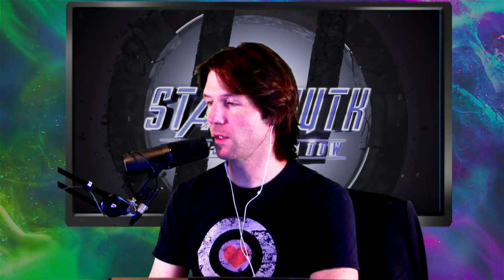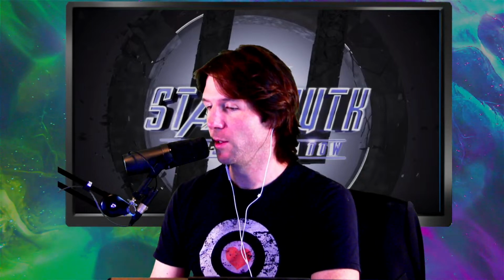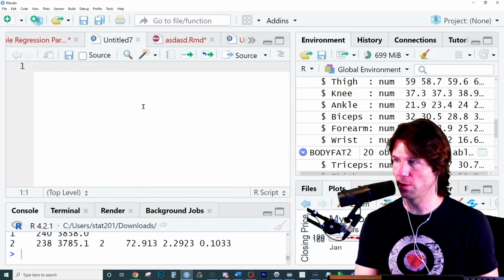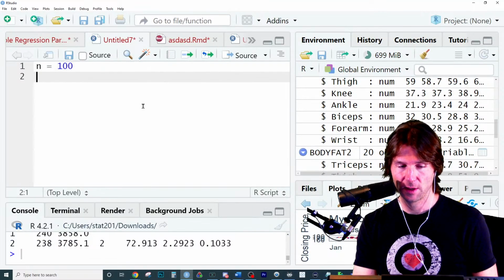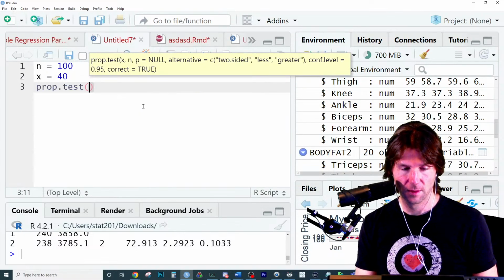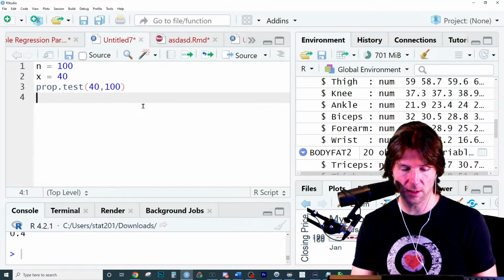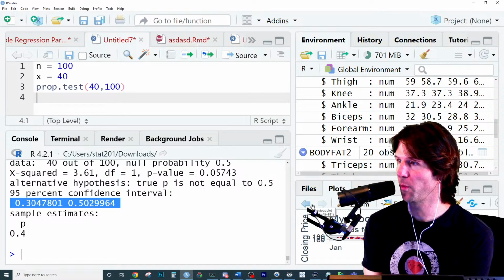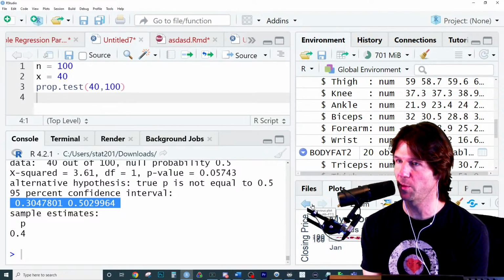So we want some confidence intervals here. It's gonna be some equations. You know what's really cool? Watch this. If you want to do confidence intervals in R, check this out. If you want to do a confidence interval in R, if I go out and talk to 100 UT students, and of the students, 40 of them say they eat at Taco Bell. So 40 students say they eat at Taco Bell out of 100.